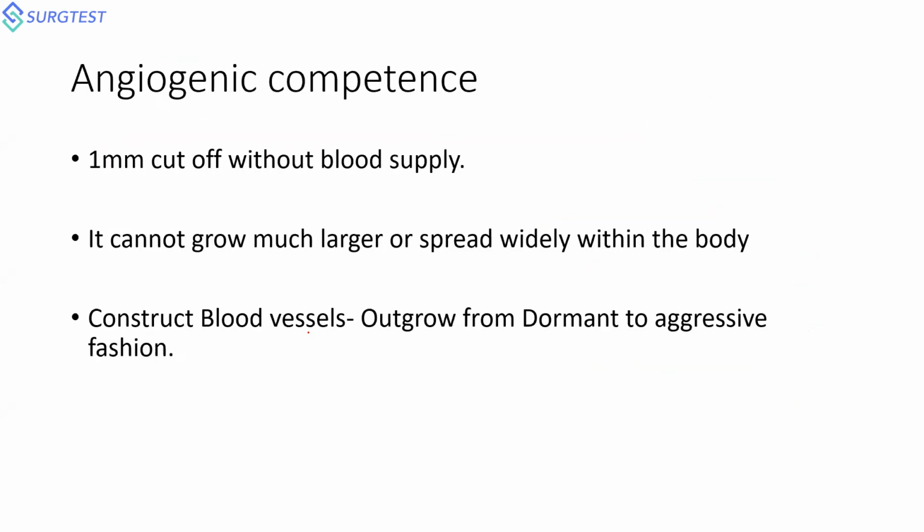The most important key element of any malignant transformation is acquiring blood supply for a new proliferating cell. A normal blood vessel supplies a normal cellular process. But how does a tumor cell produce its own blood supply? It will construct its own blood supply, and it will outgrow and become more aggressive by acquiring new blood supply. Why is blood supply so important during malignant transformation? Because acquiring new blood vessels will enable the cell to have an oxygenated environment.